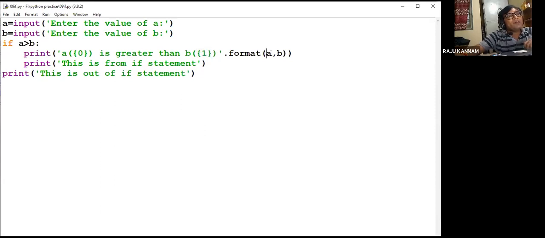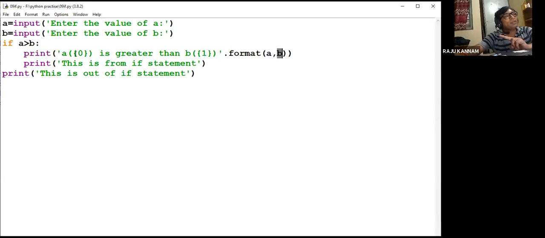And in the format function we have to mention the two variables, because since we have told that we are going to print two values, what are the two variable names we have to mention? So here I'm going to print a in bracket means, that means a value I should print now, so that's the reason I'm giving a. Here I want to print b value now, so that's the reason I'm giving b here.